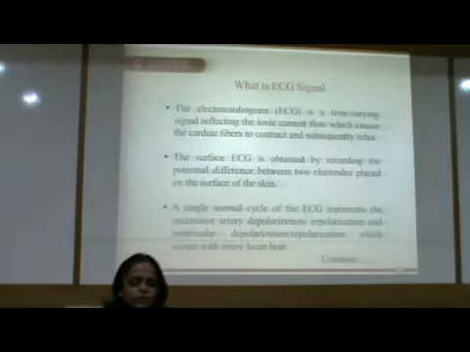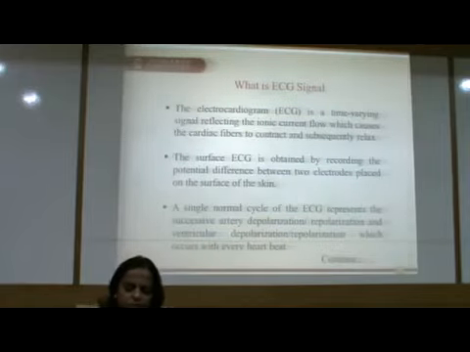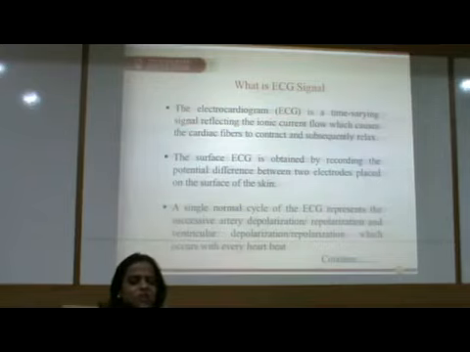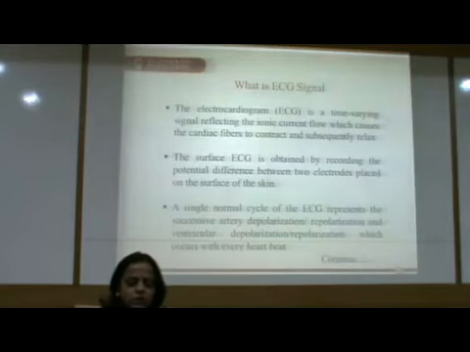So the electrocardiogram, ECG, is nothing but a time-varying signal reflecting the ionic current flow, which causes the cardiac fiber to contract and subsequently relax. The surface ECG is obtained by recording the potential difference between two electrodes placed on the surface of the skin. A single normal cycle of ECG represents the successive atrial depolarization and repolarization, and ventricular depolarization and repolarization, which